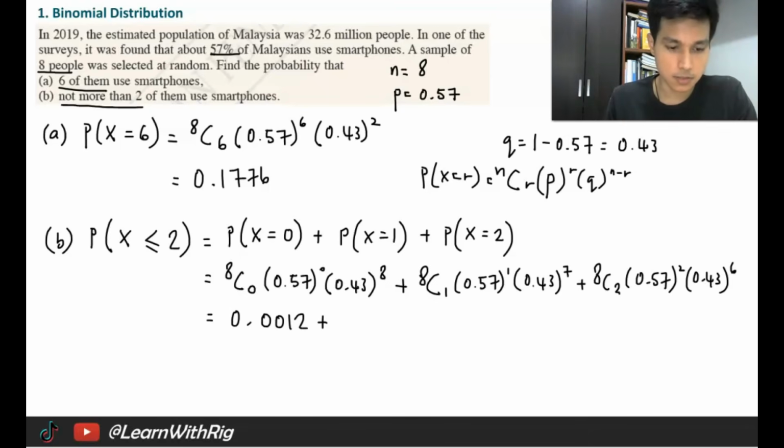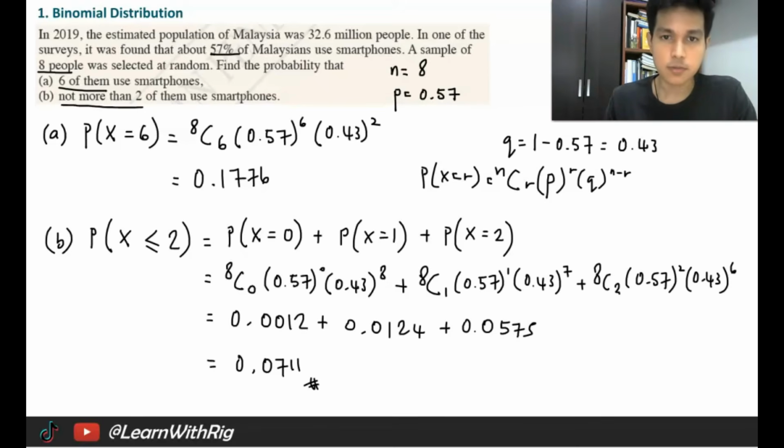0.0012 plus 0.0124 plus 0.0575. So your final answer is 0.0711. Okay, when it comes to probability distribution, this chapter, I try to keep it as much as